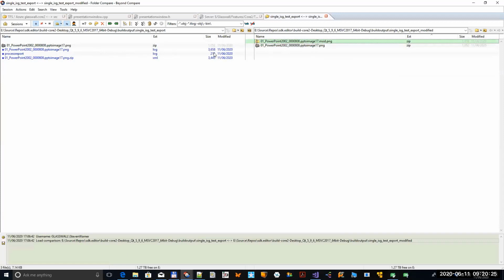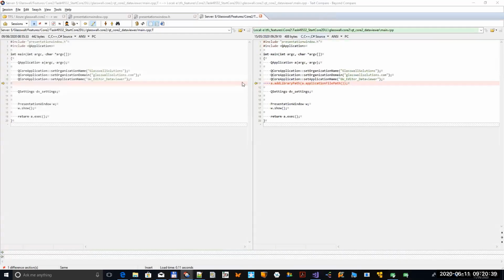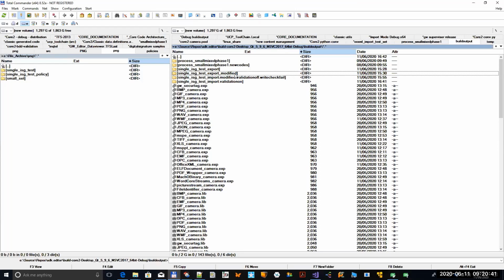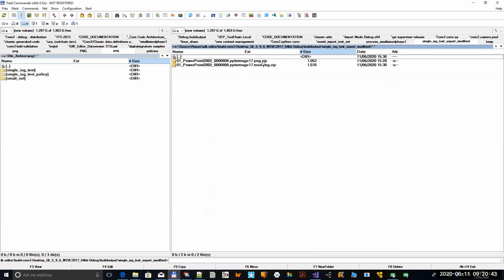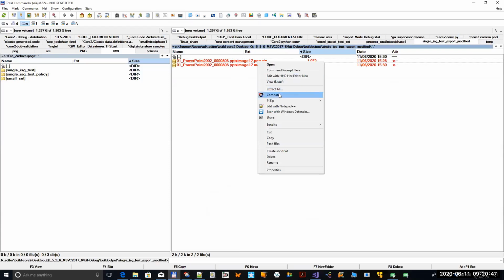Right, okay, slight confusion there. Yes, I took that original export directory, copied it, called it modified, and I've made a copy of the zip file and made that the modified one. So actually what I should have done, go into the modified directory. Right, so there's two zip files in there, the original one and the modified one. So if I compare those,